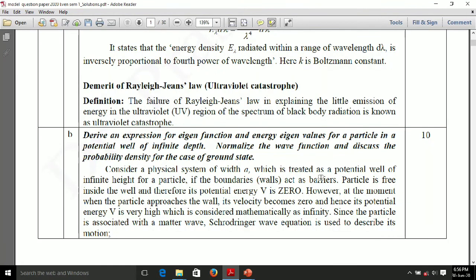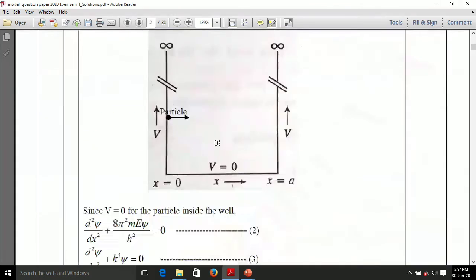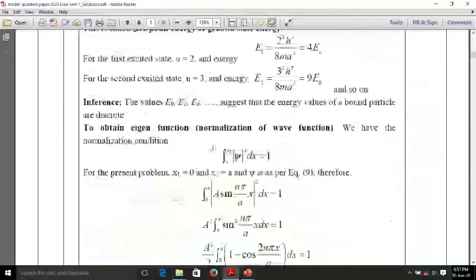For example, for the first part of the derivation, you may get nearly 5 marks, and for the second part, that is for discussing the eigenvalues, 2 marks may be awarded, and for deriving the expression for a, you will get 1 mark, and finally for discussing the probability density, 2 marks. In this way, marks will be awarded in our scheme of evaluation. Right. Let us go to the question number